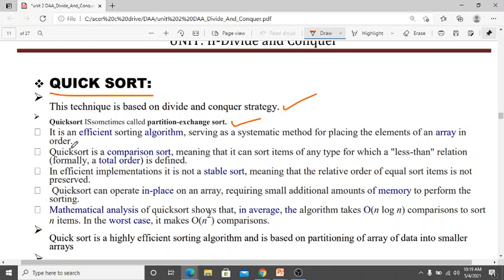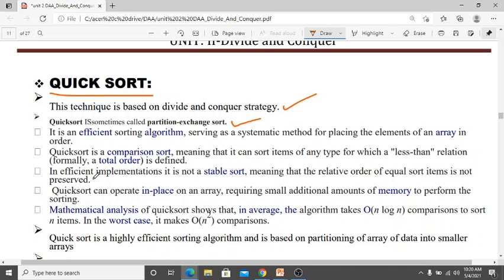Quick sort is a comparison sort, meaning that it can sort items of any type for which a less-than relation is defined. Formally, a total order is defined. Okay, with less than, we can compare which one is the smallest, which one is the largest, and arrange them. When you see the example, it will be easy for you to understand.